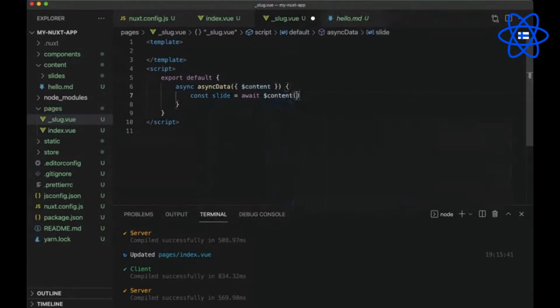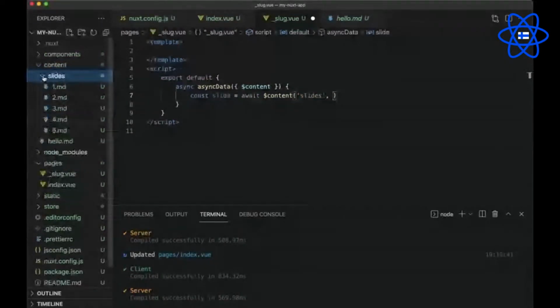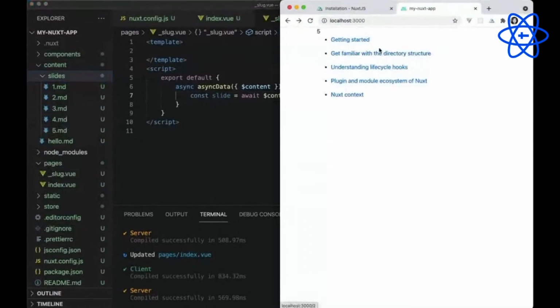In this case, the first argument is of course the name of the folder where you want to fetch your individual slide from, and the second argument will be your parameter, as in we need to let Nuxt content know that out of these five, which Markdown file we are trying to fetch. Currently it's appearing in our parameter here. So in this case it's 1.